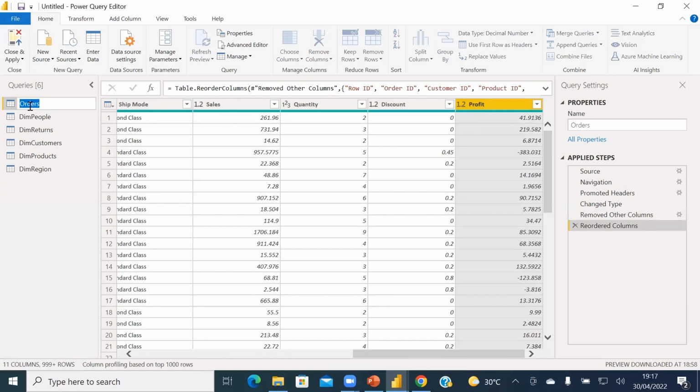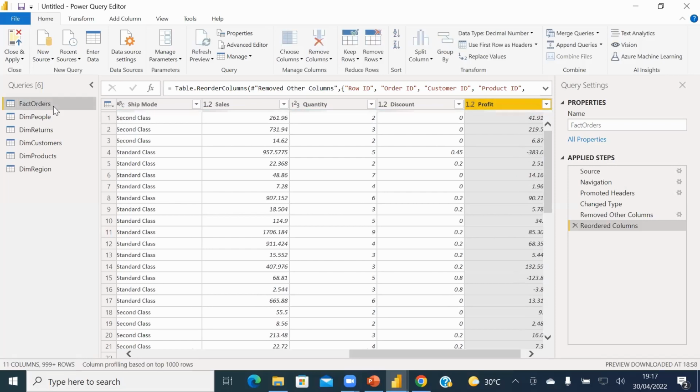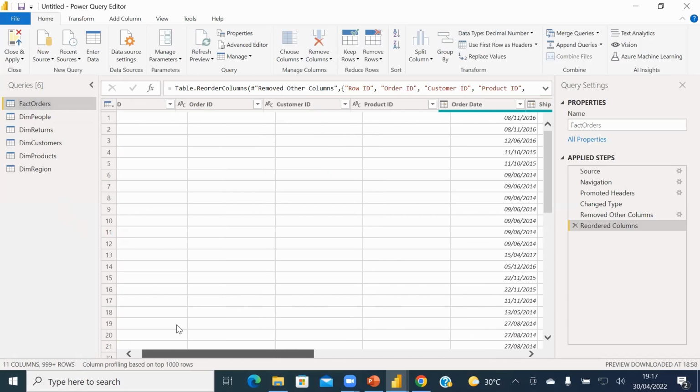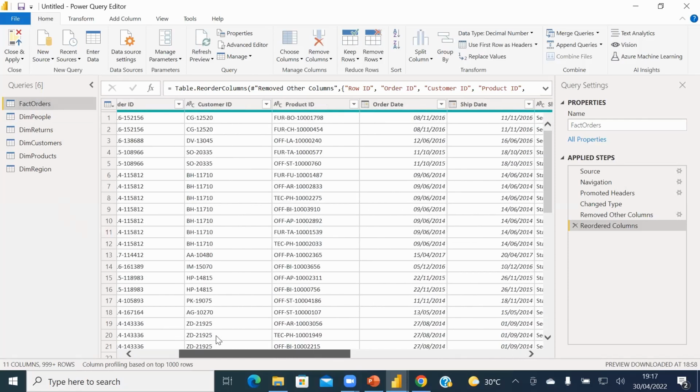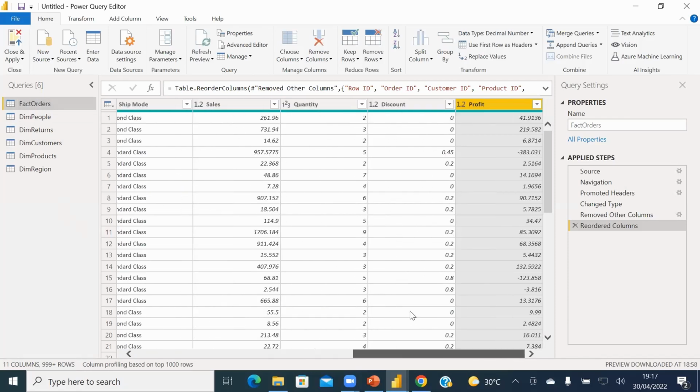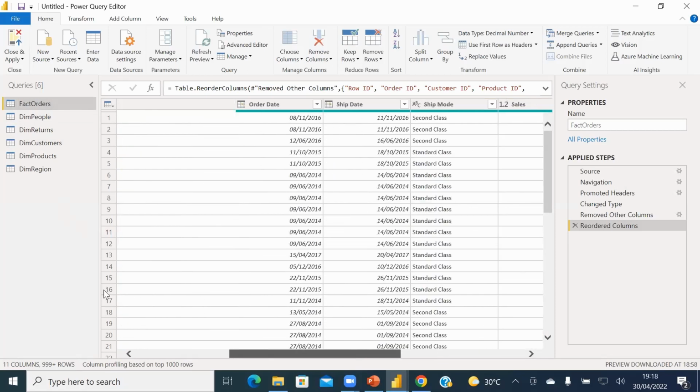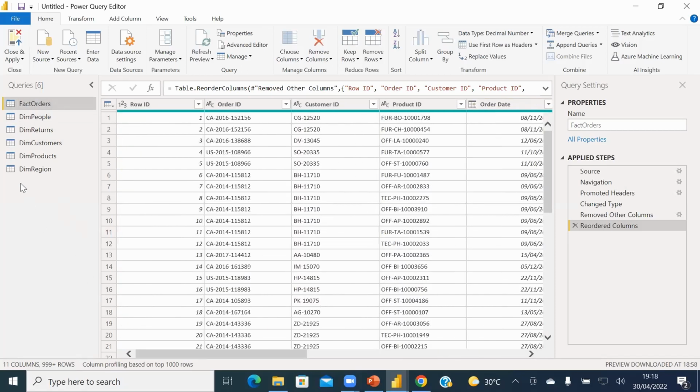So this is going to be our fact. This is our facts table. So we have our fact table, we have our dimensions, and now we are done transforming this data. We don't have anything significant we want to change here. Everything is fine. I'd like to know if you have any question before I continue. If you have it, you can drop it in the chat.